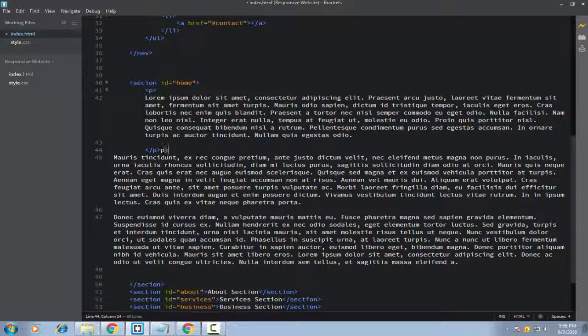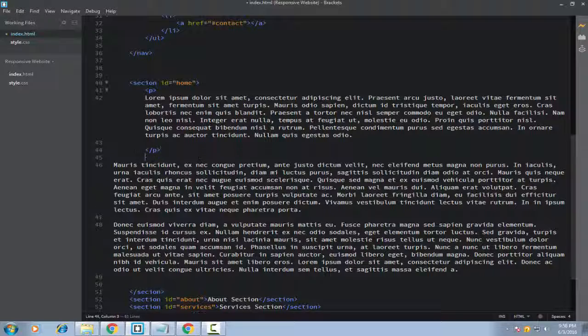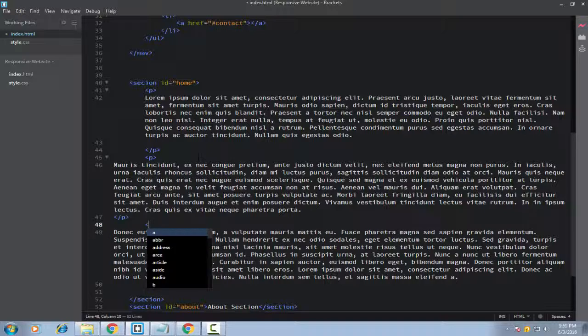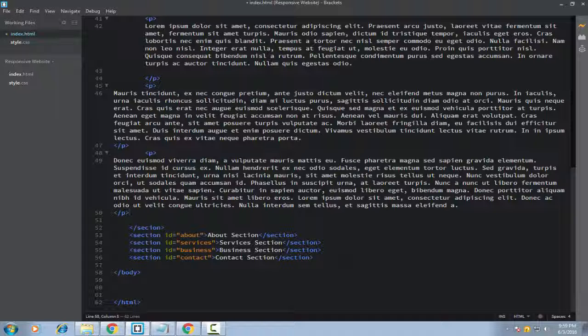So I am just defining the paragraph tag one by one for different paragraphs. Okay, so these are 3 paragraphs, and what you can do in Brackets is select all the text by right clicking and selecting select all,